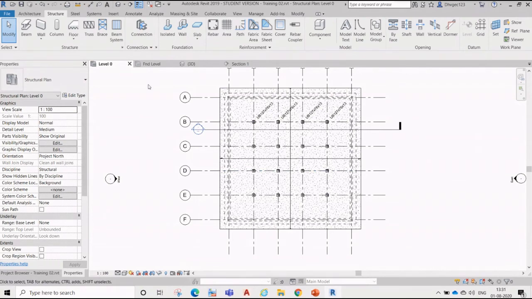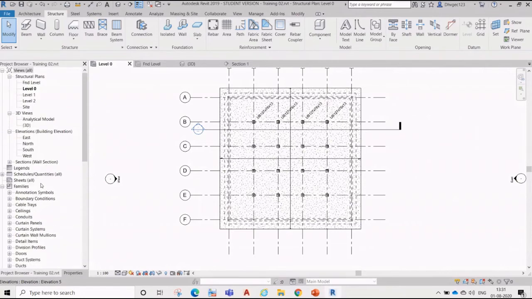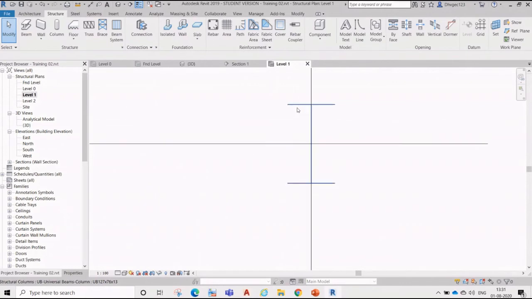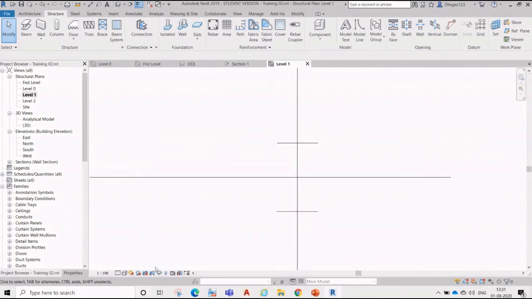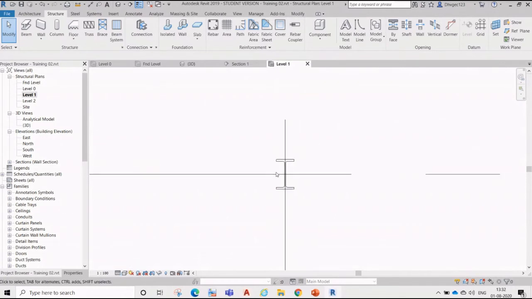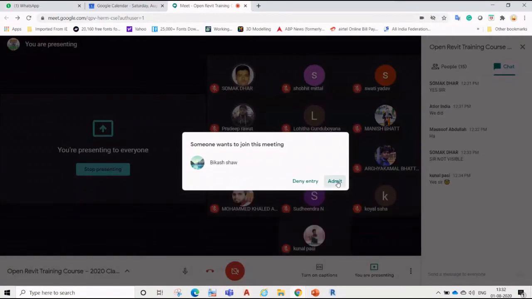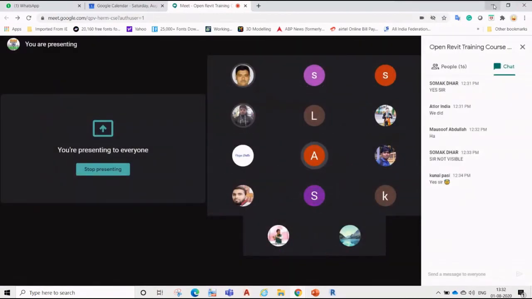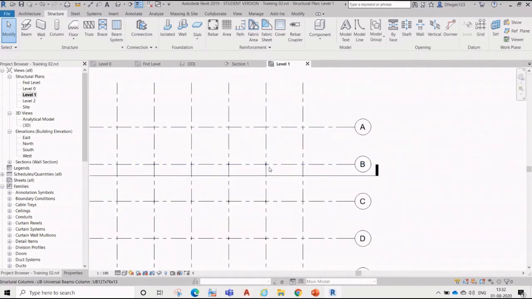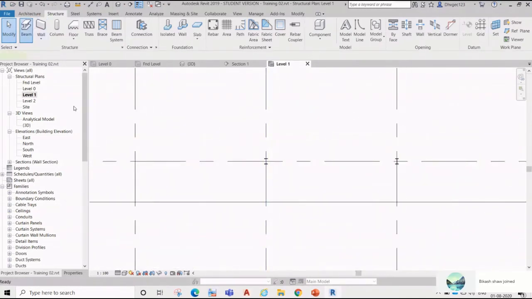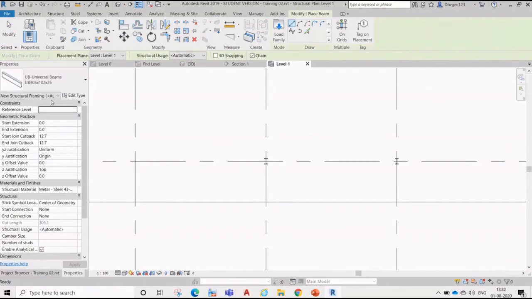Now we'll go to our first floor. In the first floor, we can see a column over here, a single line, because this is our course, like I told you. Now we'll draw our steel structure over it, steel beams.